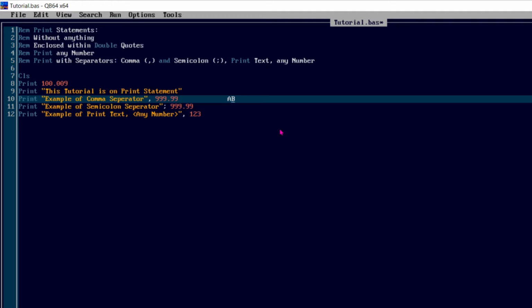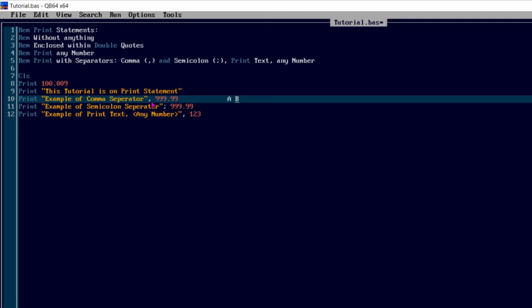I repeat, the cursor is between A and B. When I press the tab key, we see it creates this much space. And when I press the space bar, it creates this much space.